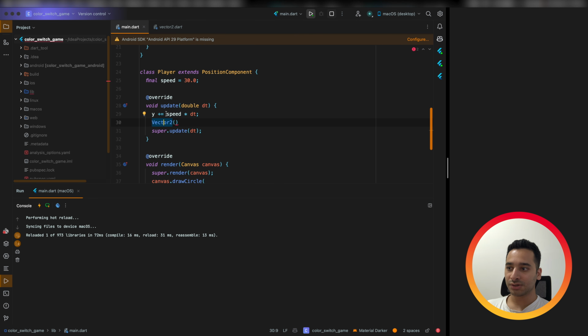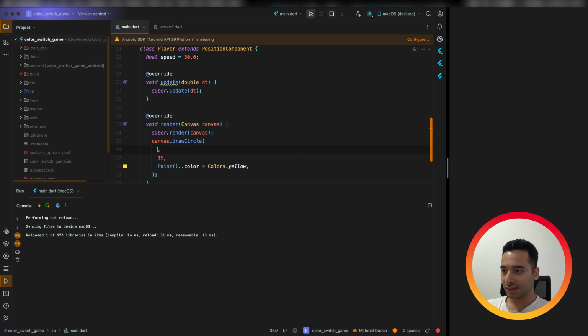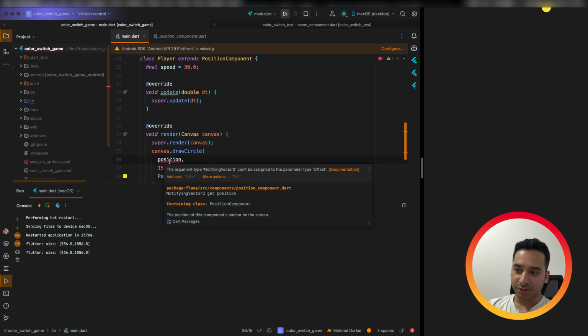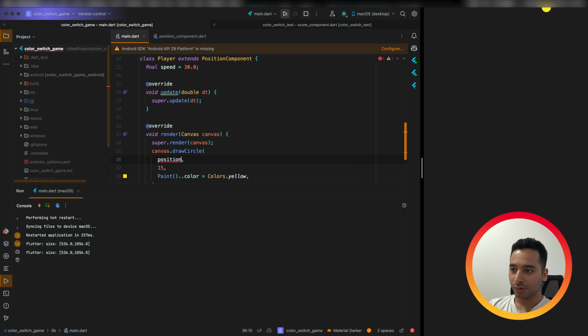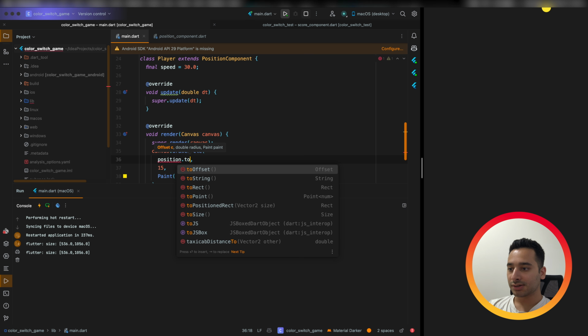So Flame is using this concept for storing the position of a position component. Here, instead of x and y, we have position. As you know, position is a vector2, so draw circle wants an offset. To do that, there's a function which is toOffset.